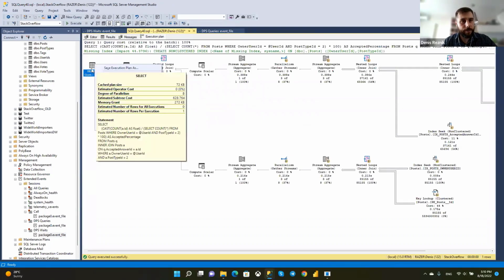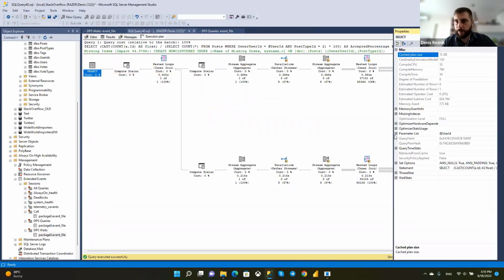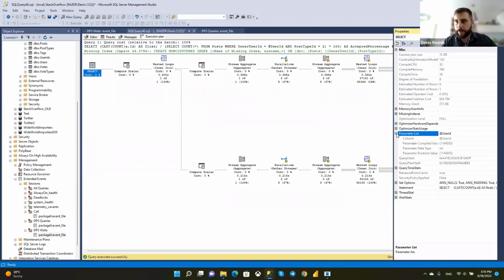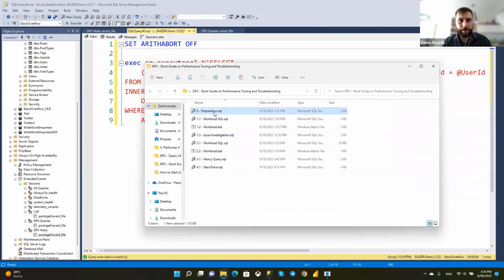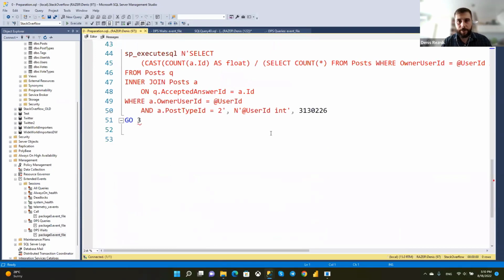No, it's not the case. My query plan was flushed from the cache, so we waited too much time to do this. Let me go to the preparation.